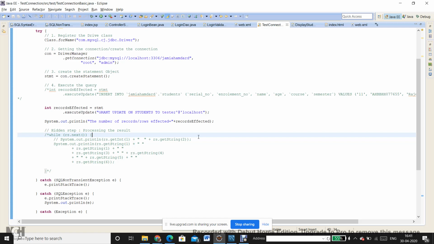Rather it's complaining about the syntax, or sometimes about the rights, or that this particular user has not been granted any rights and you are trying to revoke something. So the only thing that makes sense to me is that the execute update method should be in a position to fire a statement of this nature. Whereas execute, if we write the syntax correctly, should basically do the same for me.